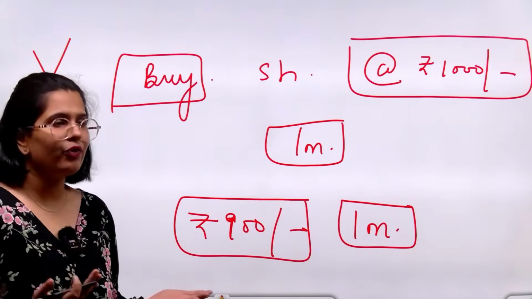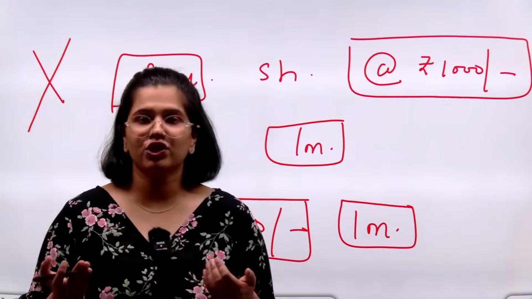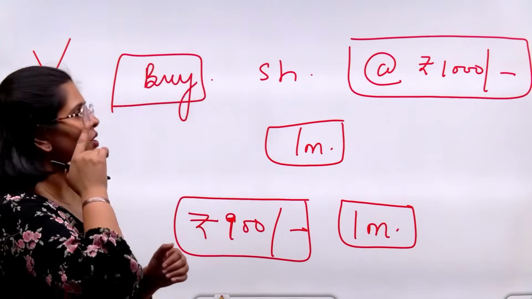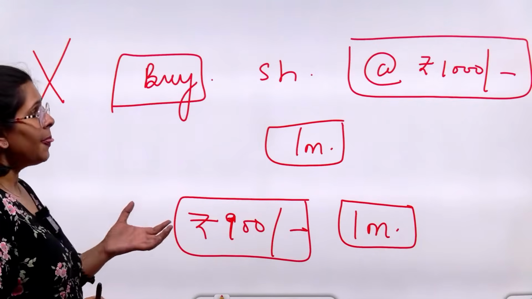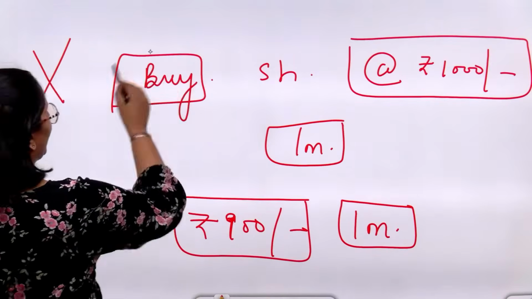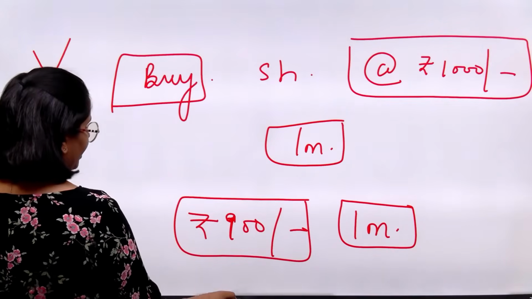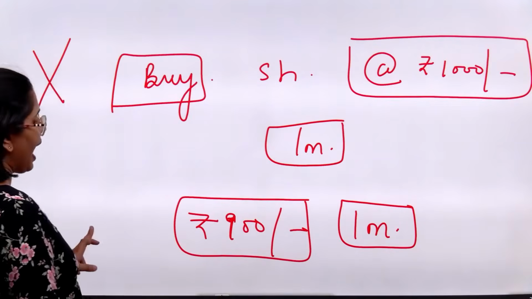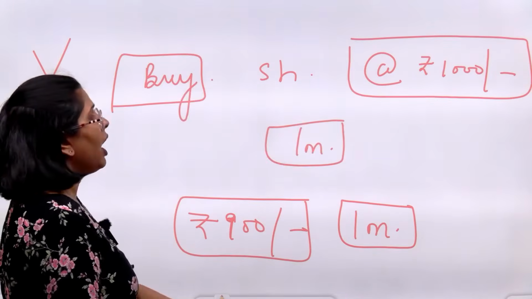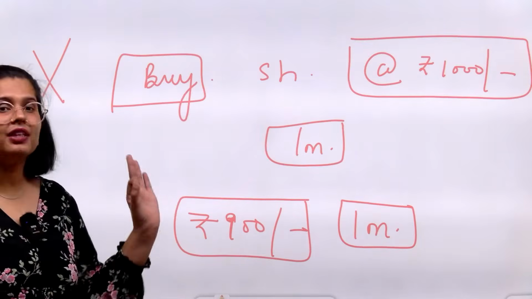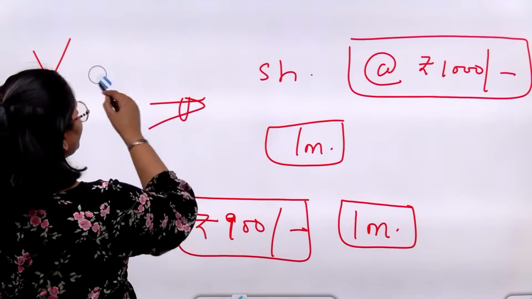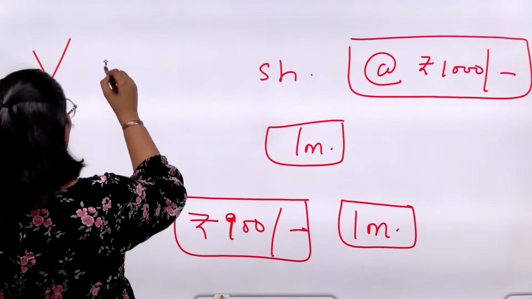On the other hand, we have one more type of derivative which we know as options. उसको हम क्या कहते हैं? Option. So imagine in this contract I have said that I want a right. I am not saying that I will buy. मैं ऐसा नहीं कह रही हूँ that I will buy. I am just saying that I need a right to buy the shares at 1000 rupees. मैंने आपको क्या कहा कि मुझे चाहिए right to buy.